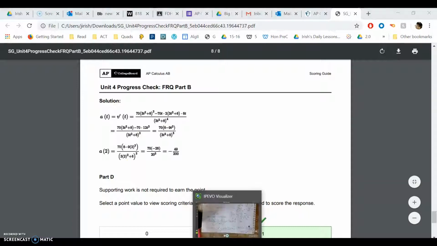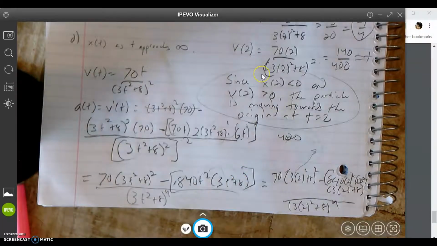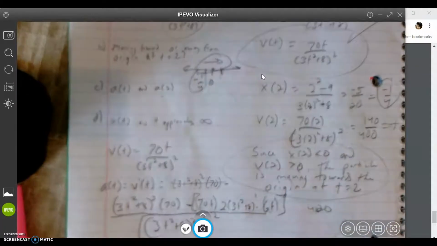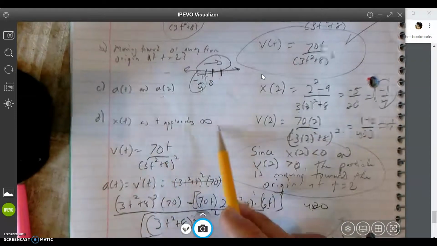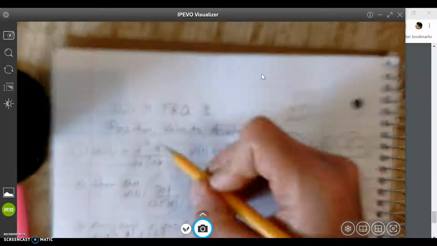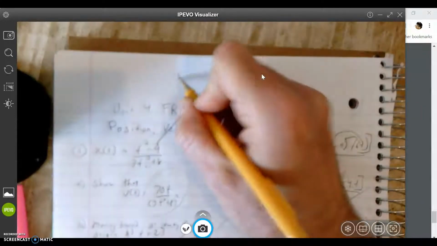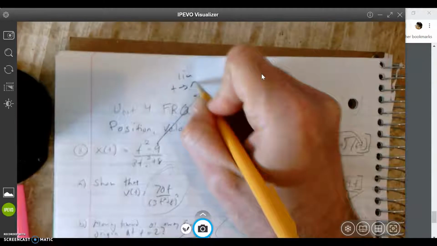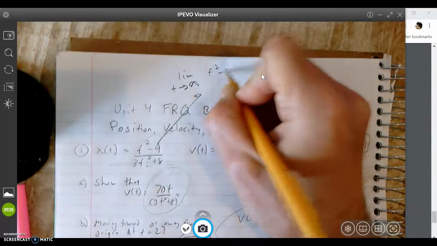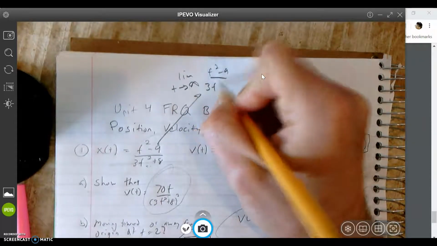Part D, almost done. So basically all it says is, what is the position as t approaches infinity? So I'm going to take this, which is the position. So the limit as t approaches infinity of this, t squared minus 9 over 3t squared